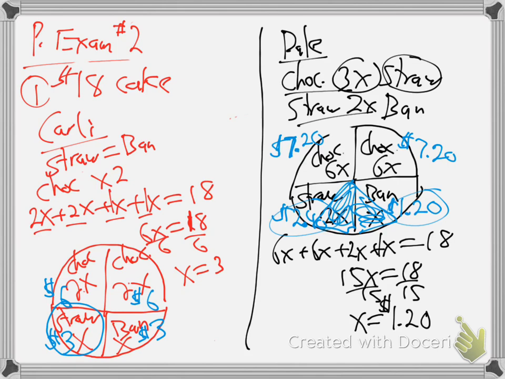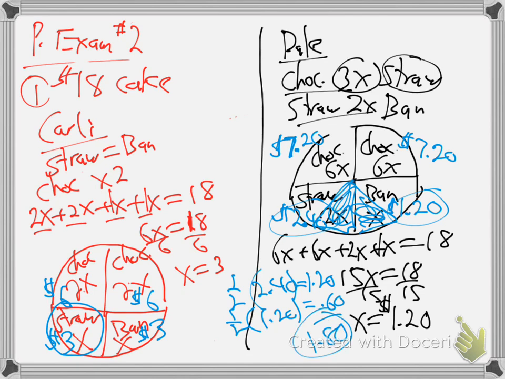Oh, 240, sorry. Yeah, so half of 240. So 120 and 60, 180, right? So it's half of the 240 and half of the 120. That comes out 120 and 60, so 180 for that little weird piece on number 3. I'm answering question 3 on the practice exam right there. 180. Does that make sense? I just took half of the strawberry's 240 and half of the banana's 120, which is 60. Add them up, 180. That little chunk must be 180 to Dale. That's how Dale sees it. It's worth $1.80, right?